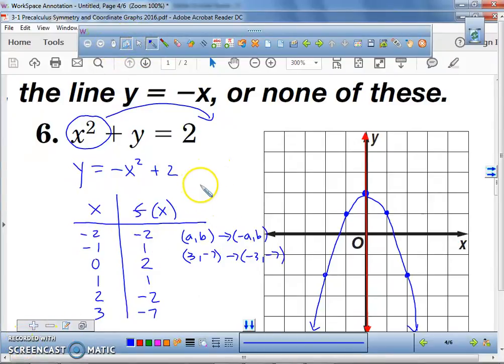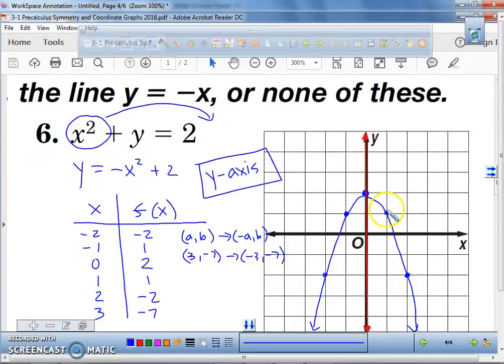The y-axis. So for your answer, you're going to write the y-axis. And you have proof in your table, and you have proof